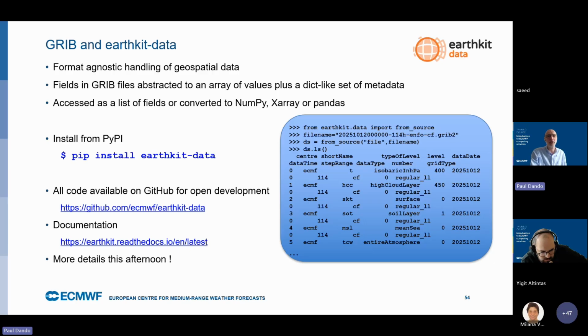What it does is it abstracts the GRIB files onto an array of values together with a dictionary-like set of metadata. And then you can access this as a set of fields, list of fields which have been converted either to NumPy or to xarray or Pandas data sets. Again, this is available on PyPI. So you can just do a pip install of earthkit-data. Code's all on GitHub. I've given you a link here to the documentation, but you'll learn much more about this